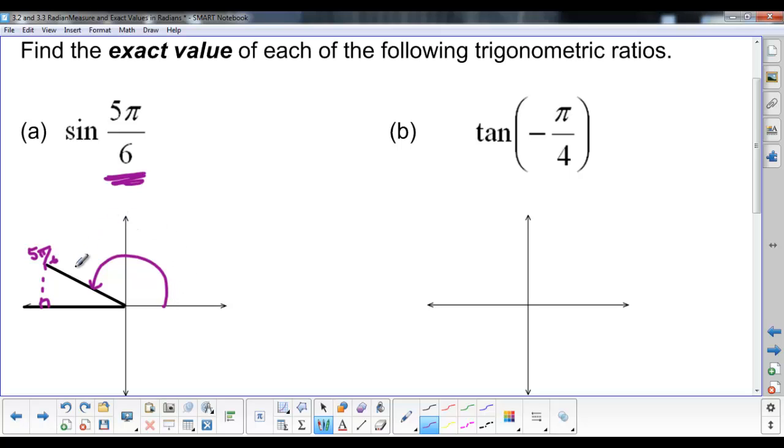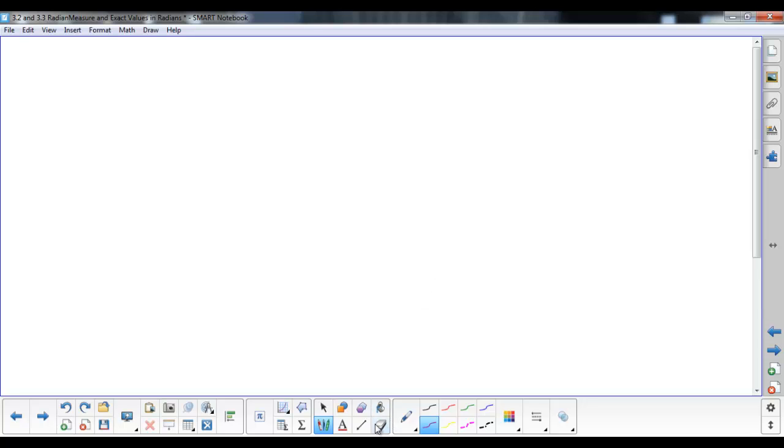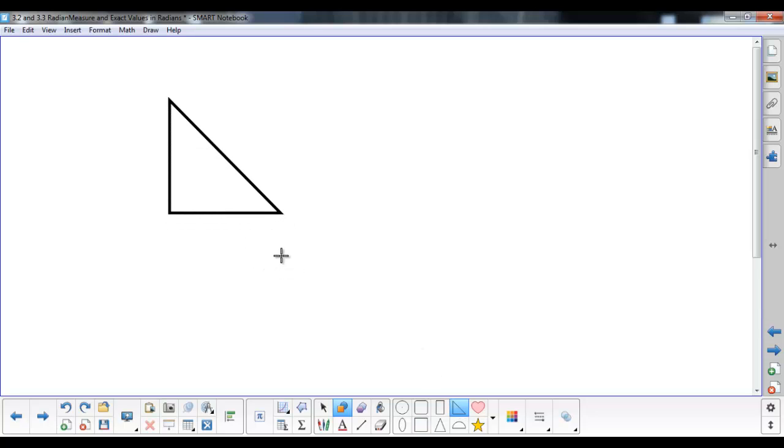Well, if the entire straight line ended up being pi, or in this case 6 pi by 6, and our angle is actually 5 pi by 6, well, that tells me that my related acute angle must be just pi by 6. And then what we did yesterday was we used special triangles. So what I'm going to do for you now is create this extra page here, and we are going to convert all of those special triangles that we learned in degrees into radians. So the first one we'll talk about